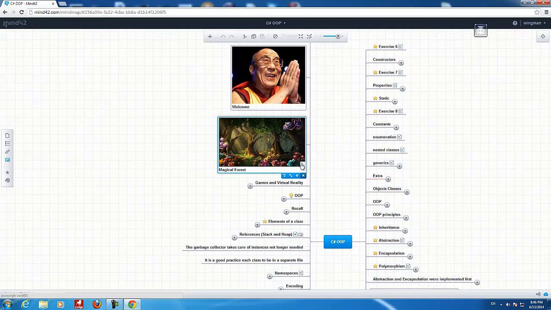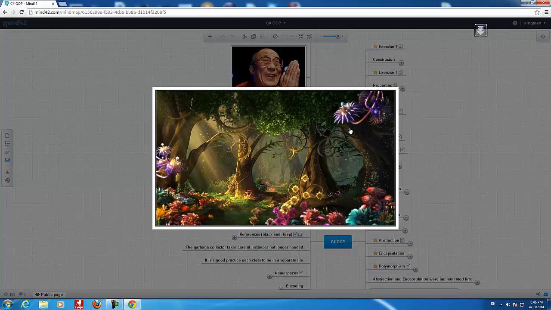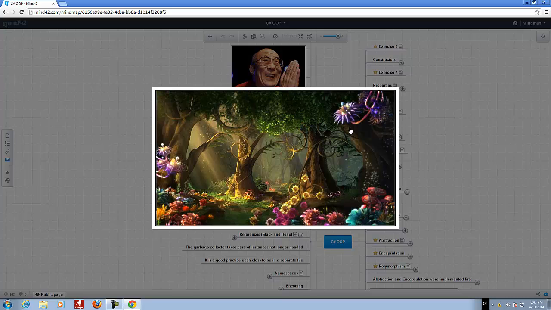And without any further ado, I'm gonna show you this picture, which brings me a very nice feeling, and I'm thinking I'm on an alien planet, maybe Pandora. James Cameron created a very nice movie, Avatar. And look at the picture. Probably some of the objects, not some of them, maybe all of them, and the entire picture was created with 3D software. And this is my world. This is what I imagine when I start working with objects, when I start programming.